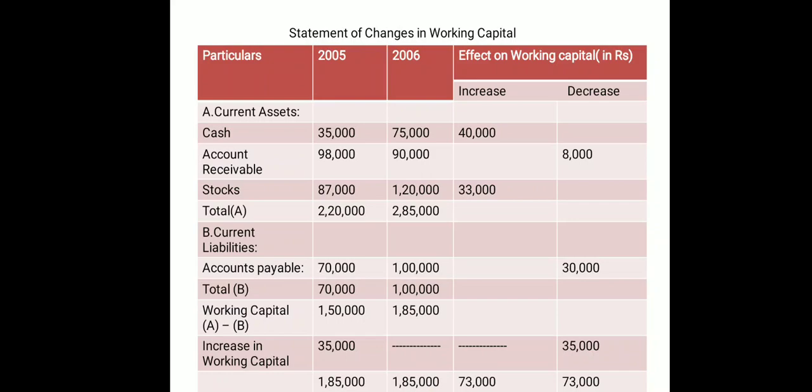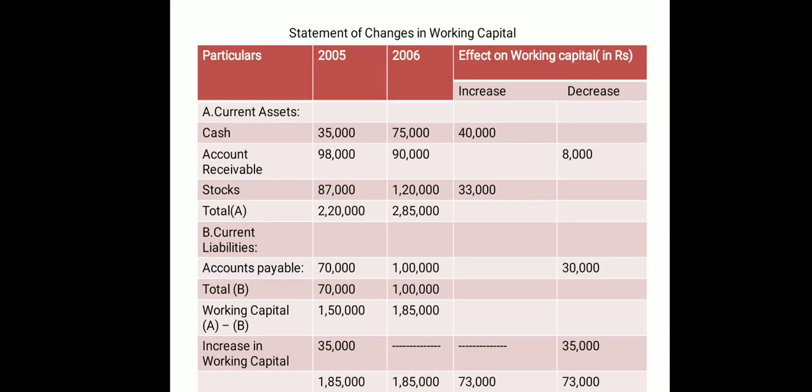Fine. So what we are able to see is that in 2006 compared to 2005 we have an increase of 30,000. And what is the general rule? Increase in a current liability means decrease in working capital. So if you can relate here, I have given you 7 general rules, but out of the first 4, which are totally applicable to working capital, you can remember any one and the remaining will all be just the opposite.